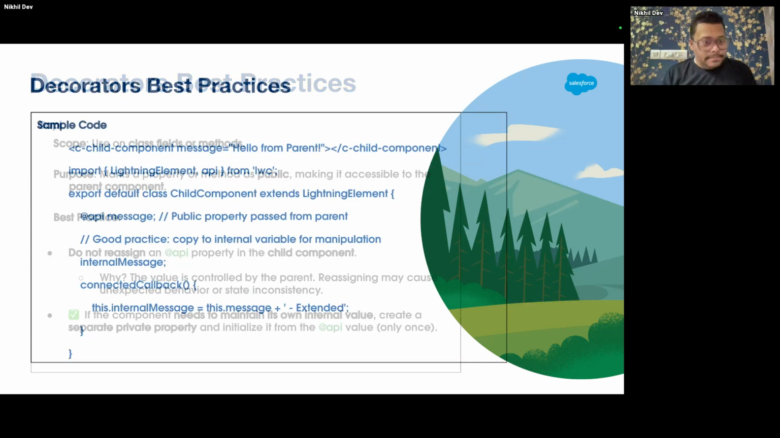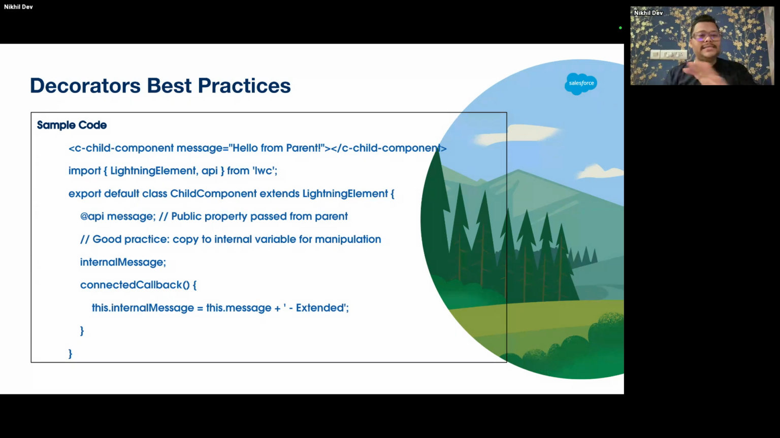So if you see here, this is a basic sample code which I have used. There is the child component where I am passing one message, and I am keeping the @api decorator over here, and I call it @api message. But now this message needs to be always appended with a new internal variable. If you are using an internal message variable, and then you use it like this.internalMessage